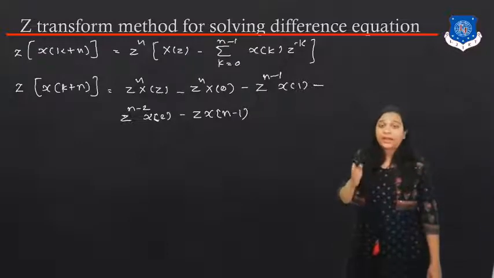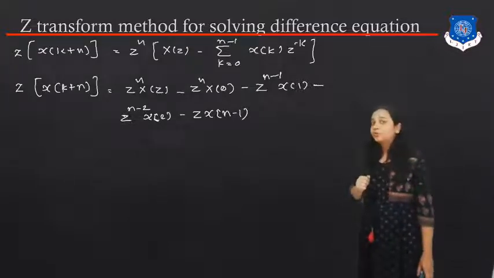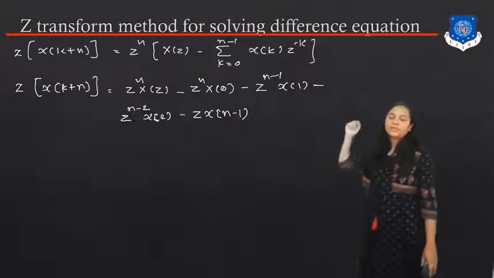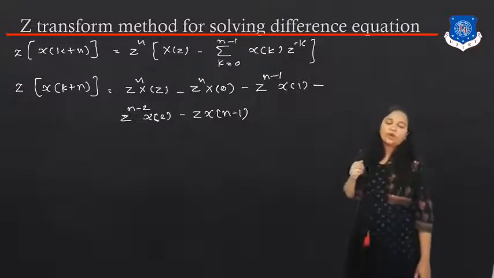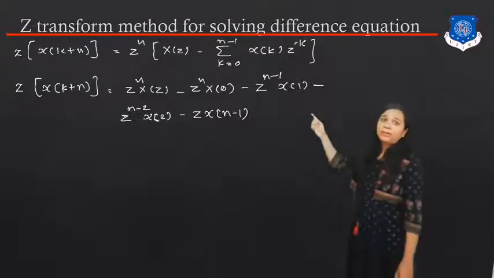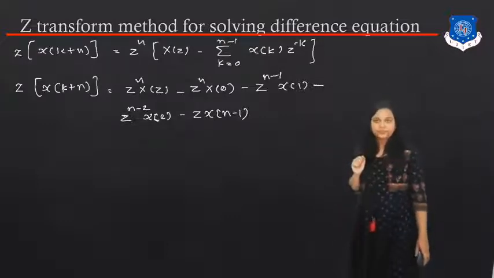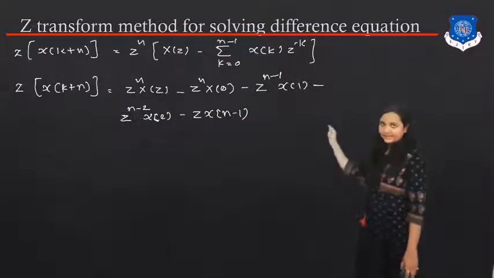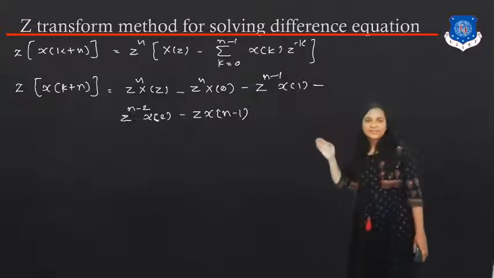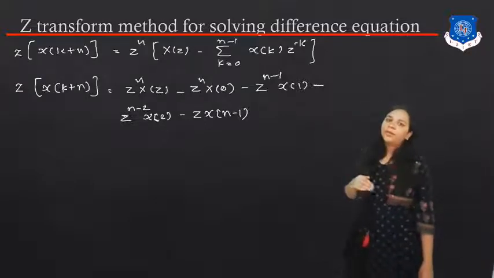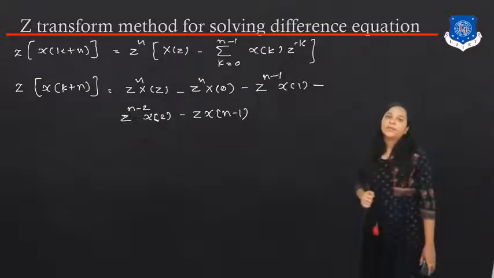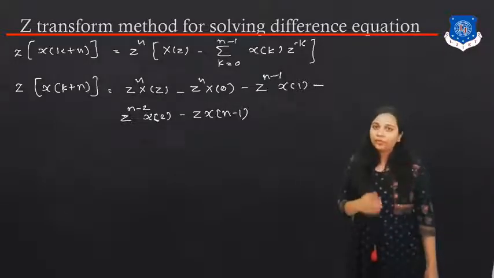Okay. So we can get x of k, k is equal to 0. So we can get x of 0 into z raised to minus 0, and z raised to minus 0 or z raised to 0 is equal to 1. In this, multiply with z raised to n. So we can get minus as it is, z raised to n as it is, and replace x of k, we can put here x of 0. Okay, clear? Now next we can put here k is equal to 1.